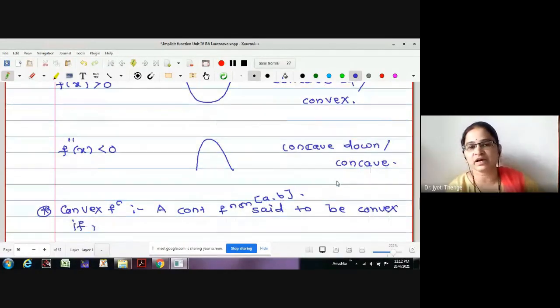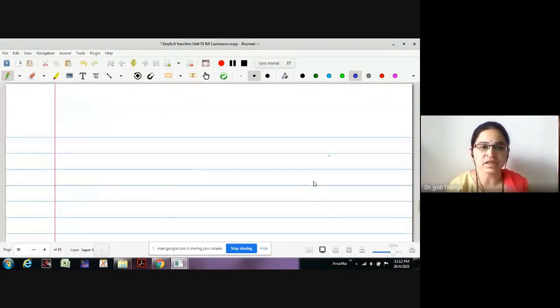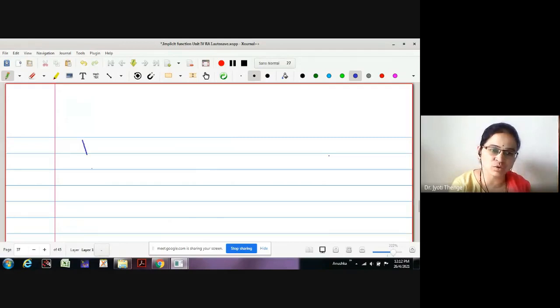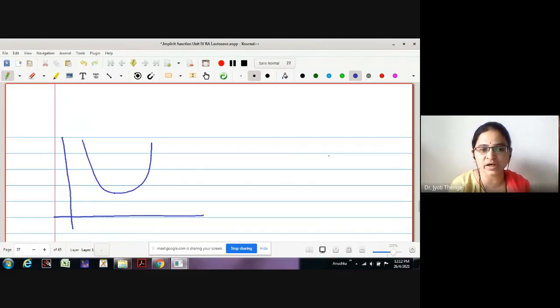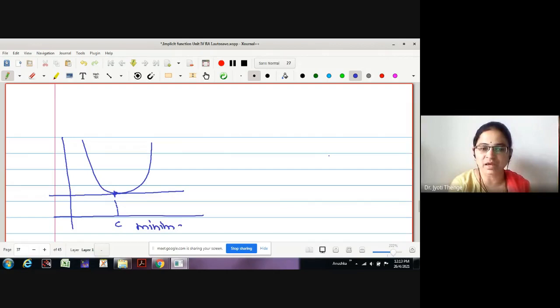Now, whenever we are considering the second order derivative, and if we observe the second order derivative is found to be greater than or equal to 0, then the nature of the curve is of this type. And if we find the point at which the slope of the tangent is parallel to the x-axis, say C, then we can observe very easily that this point C is going to give us the minima of the curve. Therefore, this is my minima point.